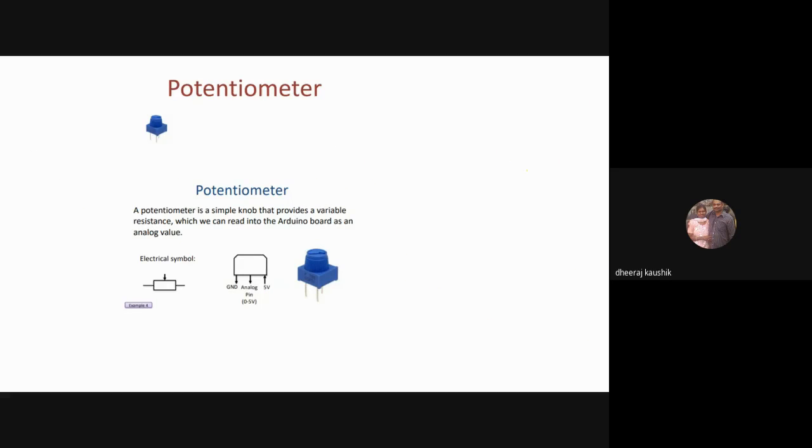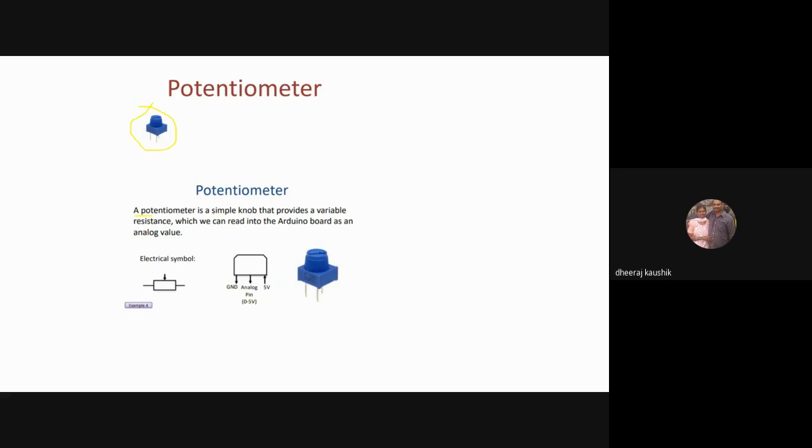So the two basic sensors that I'll be discussing today are the potentiometer and the photoresistor. The potentiometer, as you can see here, has a small knob, and with the help of that knob, you can actually vary the voltages. And by varying the voltages, electrical signals will be provided to the Arduino, which takes it as high and low. And according to its digital language, it would do the calculations by the program we provided.